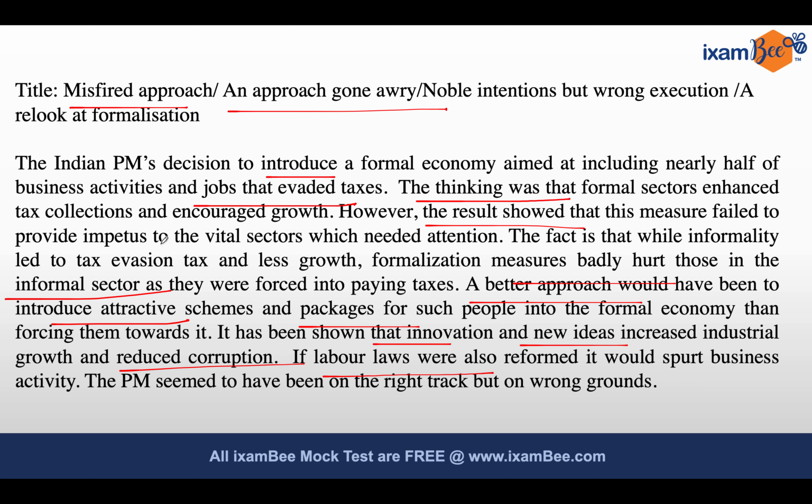Okay, so if you see, we have included all the important points. We haven't included explanations, we haven't included figures of speech, we haven't included different examples. If you read the passage, we had a lot of examples, so we did not include all of them. We included only those that were relevant. In fact, we didn't even include any example. We mainly picked up the main idea and we added to it. Okay?